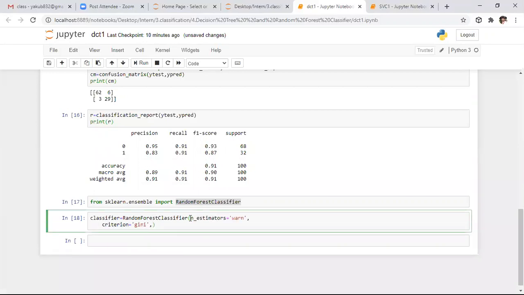So here I want to specify these two parameters. Whereas here I want to specify number of estimators as 10. That means I want to consider 10 decision trees to predict the outcome. Whereas coming to this Gini index, in place of Gini index, I want to use criterion as entropy. Till now we know about entropy only. That's why I want to keep criterion as entropy.